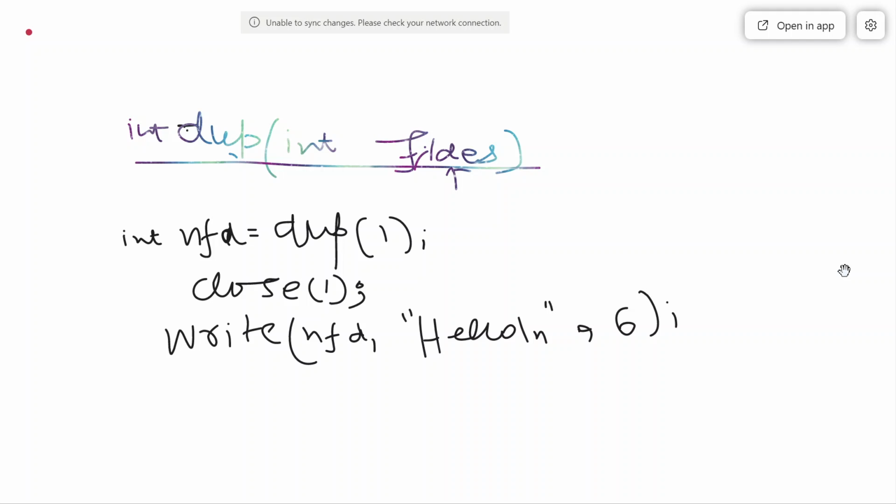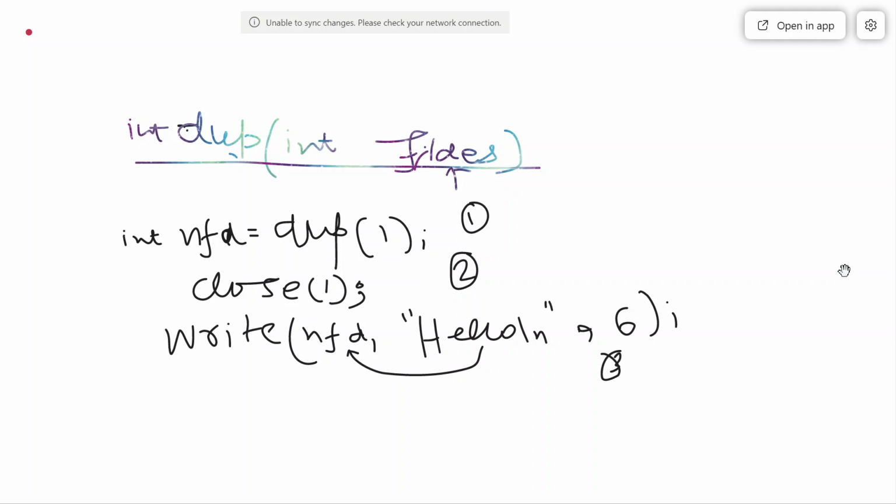I am writing this hello to the file which is represented by nfd. Where is it going to be written? So three statements I am executing sequentially: first this, second this, and third this.